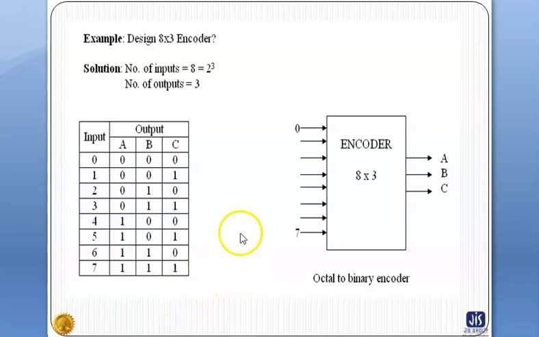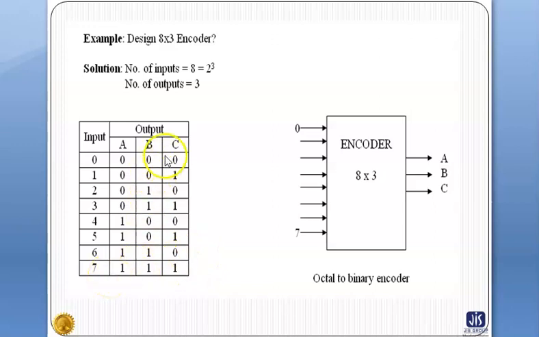Now, from the truth table, the output line C is active when the input octal digit 1, 3, 5 or 7 is pressed.